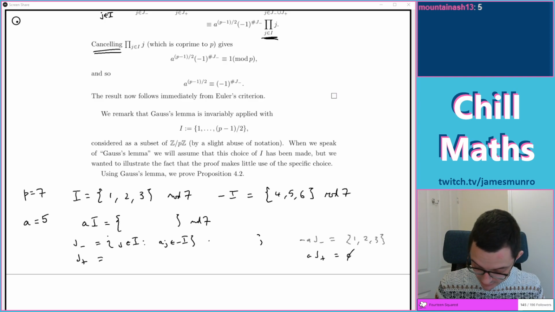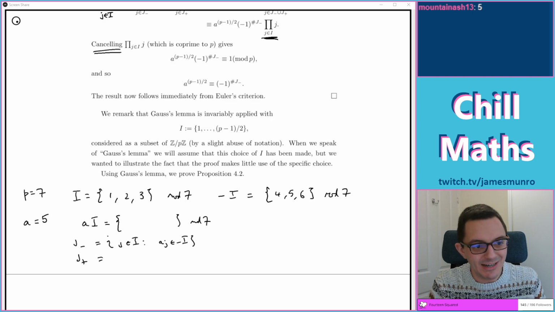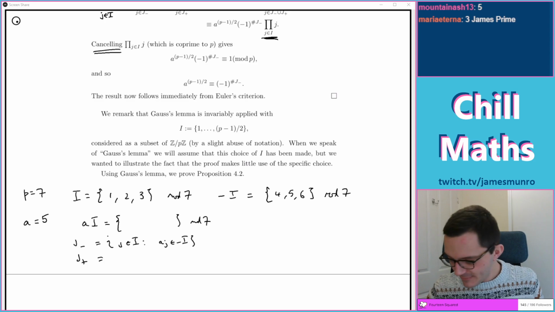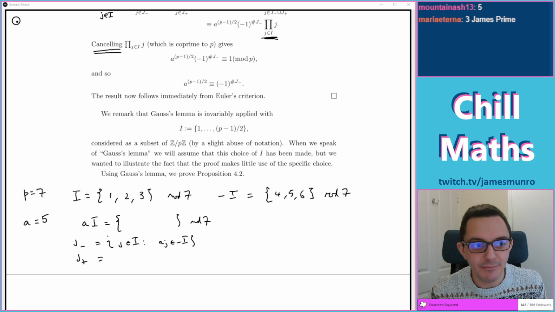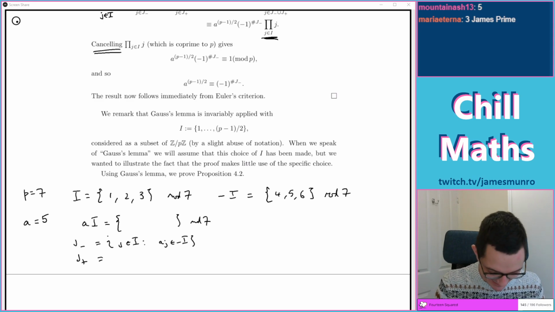There's a good lesson there as well, that finding examples is really hard work. We should try multiple examples anyway, right? I'll try 3, the James Prime. Yeah, no, I prefer that actually. I'm going with that.